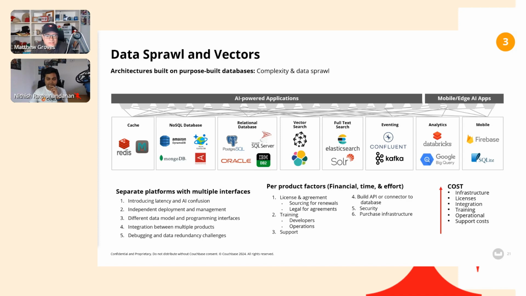Creating and supporting all those data management technologies is costly for many reasons, right? We're talking about license costs, but also patching and upgrades and learning the SDKs. And again, LangChain can help with that, but all the pipelines between these databases, copying data, syncing data, all those different things can be an issue.